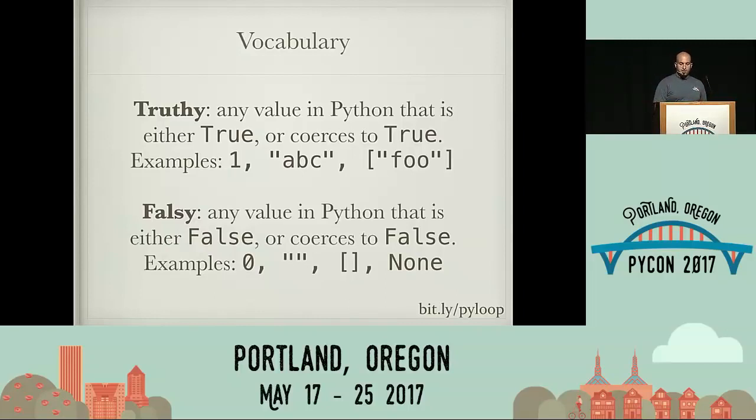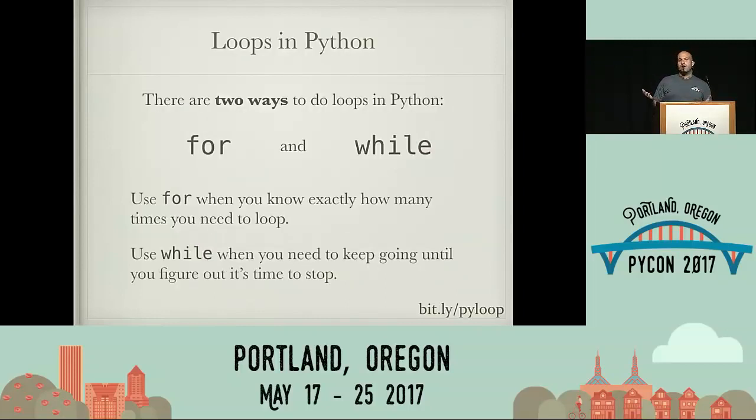So, with that all out of the way, let's start talking about how we actually do loops in Python. There are two different kinds of loops. There are for loops and there are while loops, and they're both very useful, but you generally want to use for when you know exactly how many times you want to loop, and use while when you want to sort of keep on going until you figure out that it's time to stop. We're going to start with going over while loops because they're